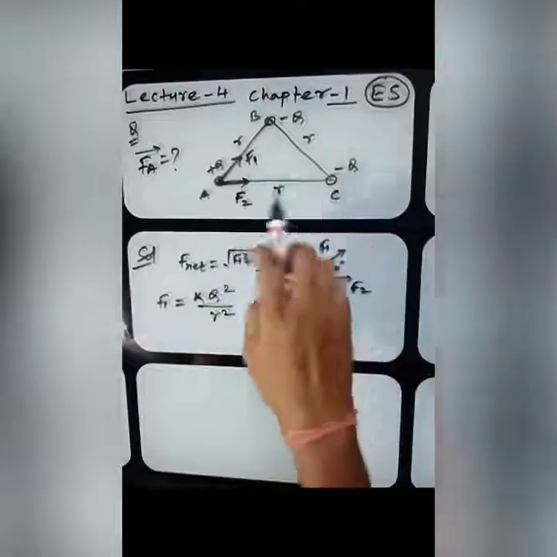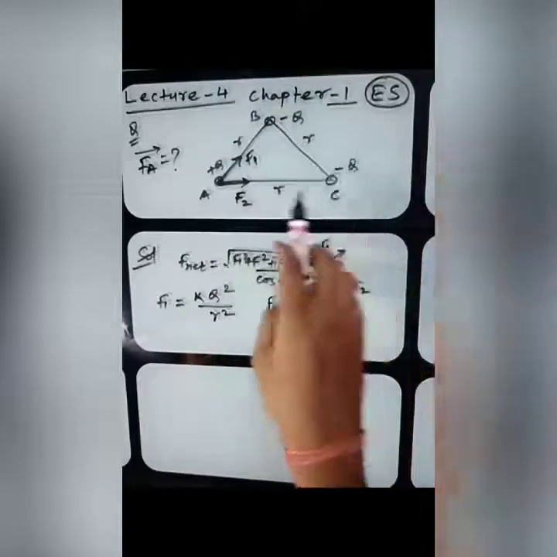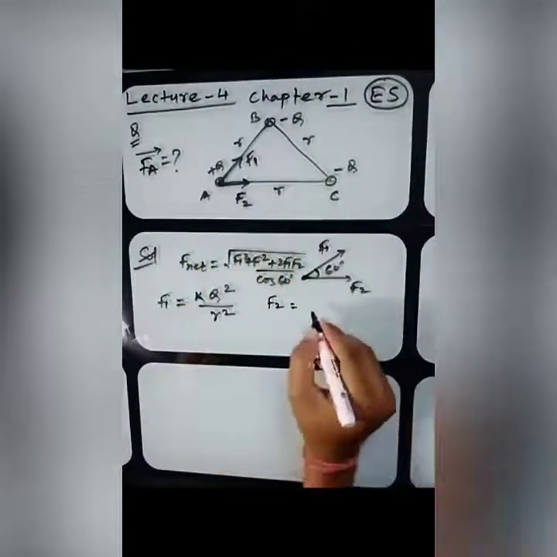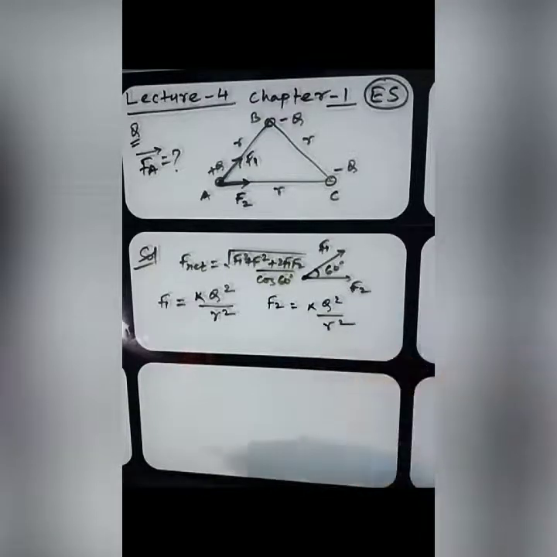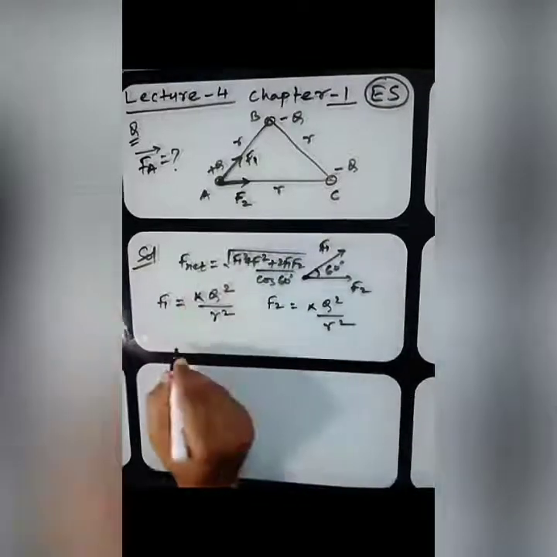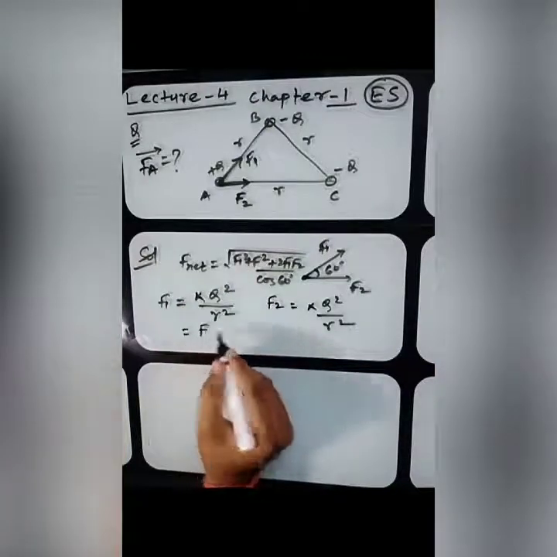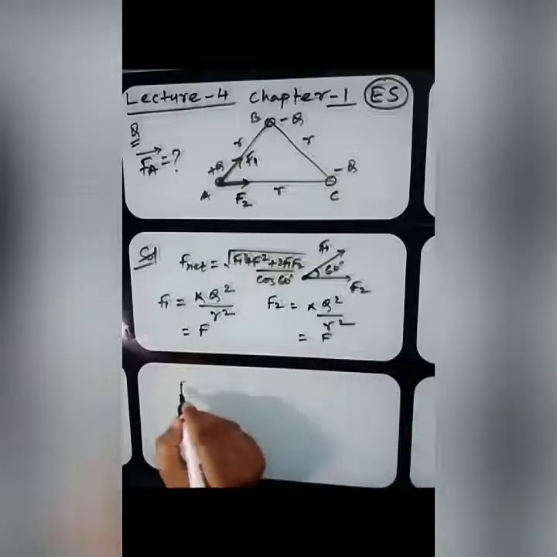the force between A and C. Again the magnitude of charge is Q and Q. We are not taking the nature here, because nature gives the direction of force and we have already taken the direction of force. k Q square by r square. Now we'll write the net force here. Suppose this is F, so of course this is also F. So the F net